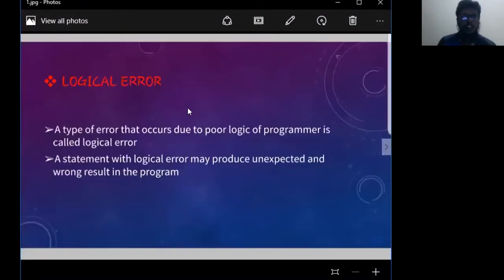What is a logical error? A type of error that occurs due to poor logic of the programmer is called a logical error. A statement with a logical error may produce unexpected and wrong results in the program. How can we detect this logical error?